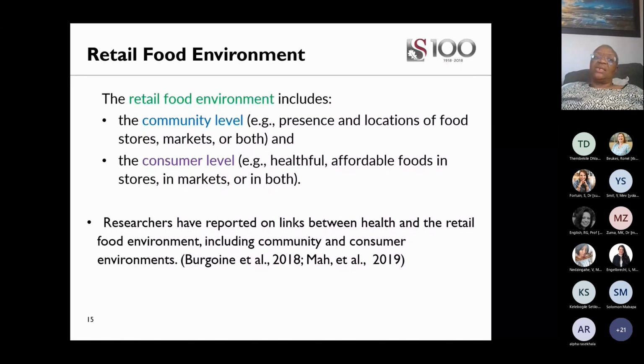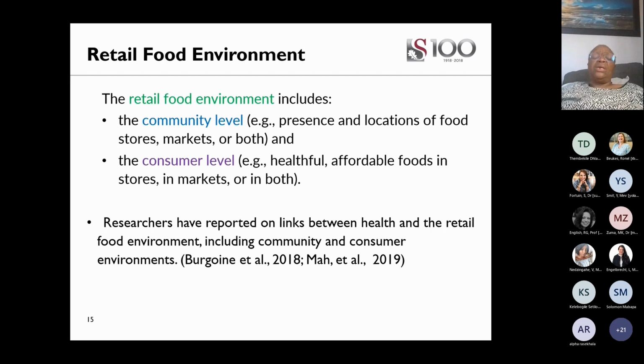That also, as I indicated before, you have it at community level, that is the locations of food stores, the markets, and this also includes the marketing, the billboards that are in front of us as we drive or we walk around. And then at consumer level, it's the affordable foods in the stores and the market, but whether these are healthy foods that when a consumer makes a choice will be